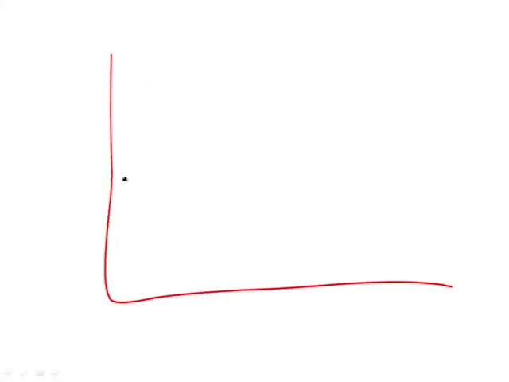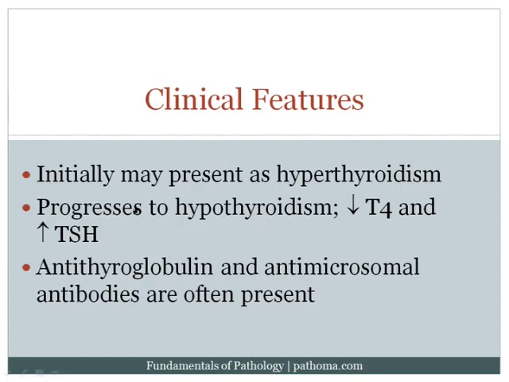Now, the idea here is that let's pretend this is a graph of time. Let's pretend here the patient has a normal thyroid. Now, when they get Hashimoto's, what's going to first happen is they're going to destroy the current thyroid follicles. And as they do that, some of the thyroid hormone will actually leak out into the blood, resulting in an initial hyperthyroidism. Now, as they continue to destroy the thyroid, then the amount of thyroid hormone will decrease, and so they may eventually come back to a point where they're euthyroid, but actually they're on their way down and they're becoming hypothyroid. And so eventually they'll become hypothyroid. And that's what I say here. It can initially present as hyperthyroidism, but eventually progresses to hypothyroidism.